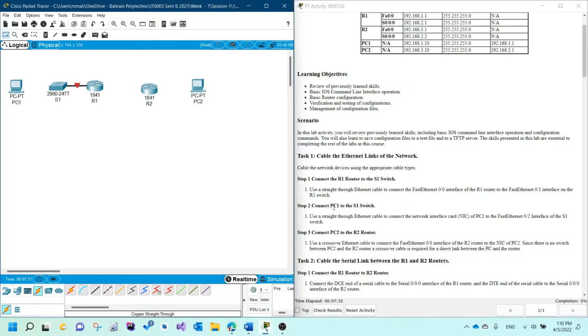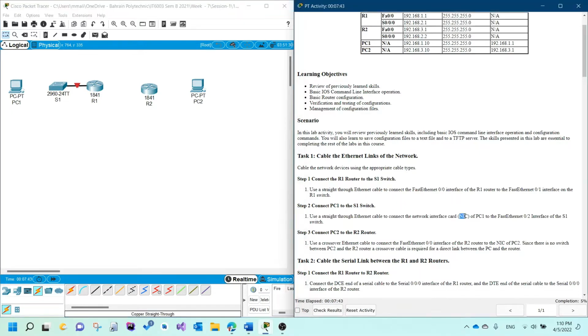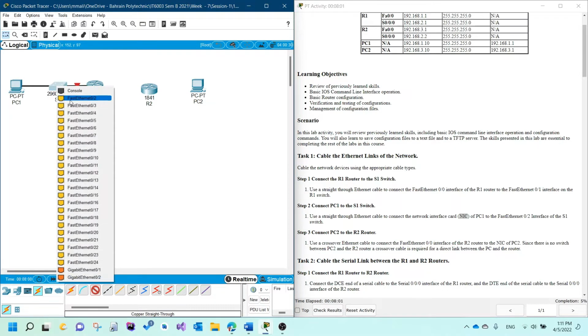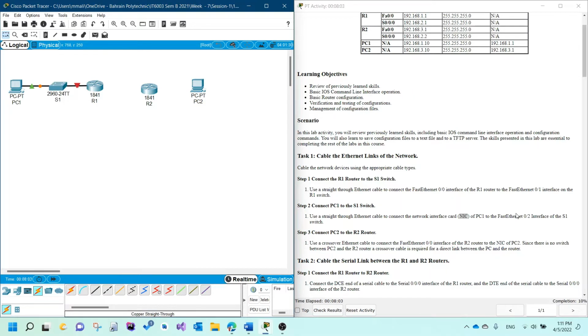The next thing is you need to connect PC1 to switch 1, or S1. So you would use a straight-through Ethernet cable, and connect the NIC. Whenever you see the NIC, that means nothing but the FastEthernet port. So on your PC, you have a FastEthernet port that's considered the NIC. Okay, so you would pick that, and on the switch you would pick FastEthernet 0/2, which is as mentioned